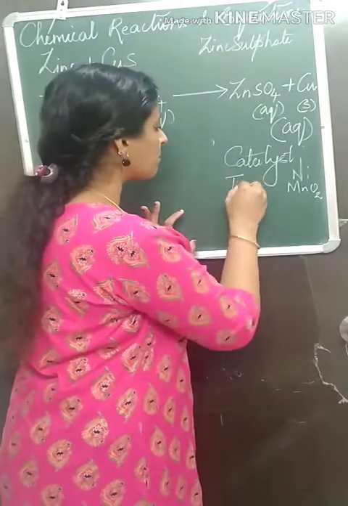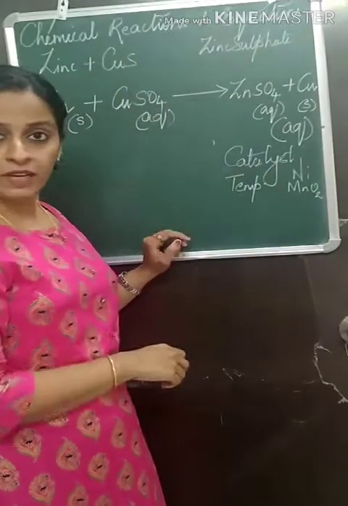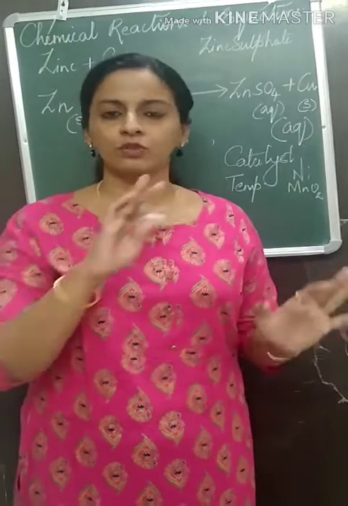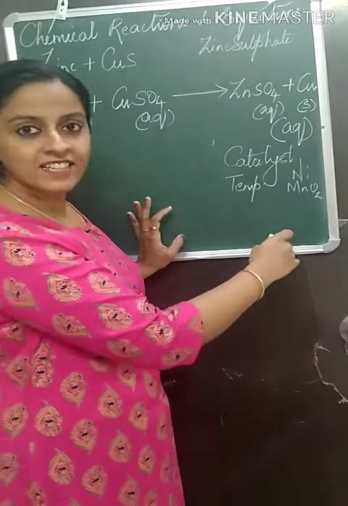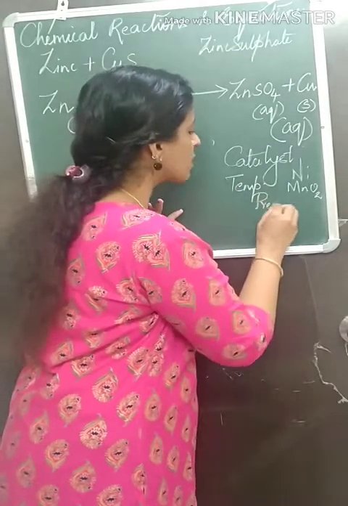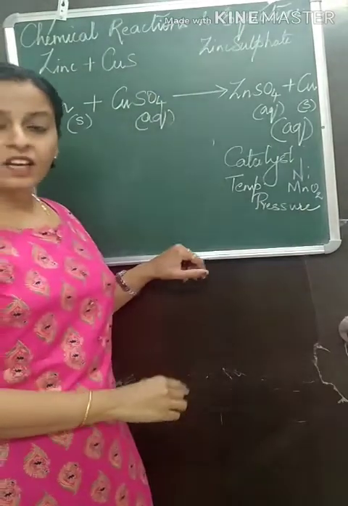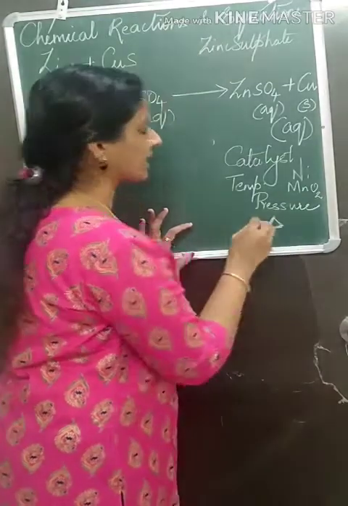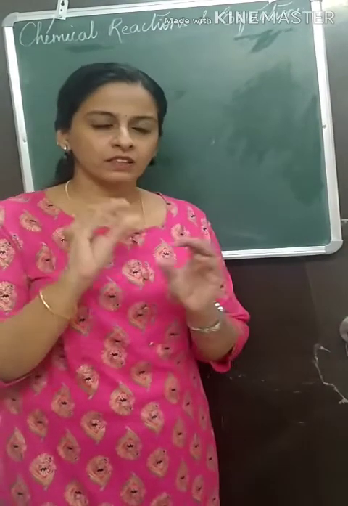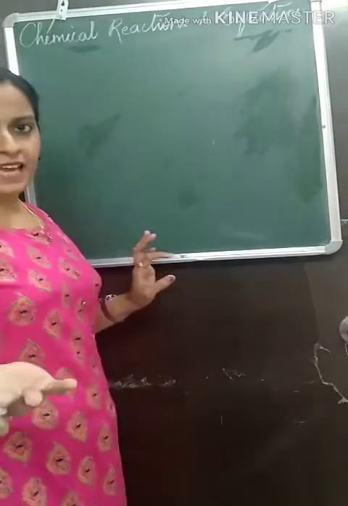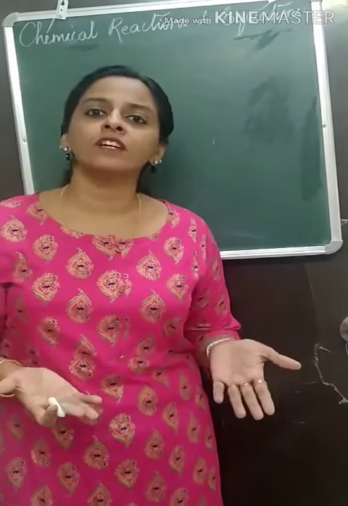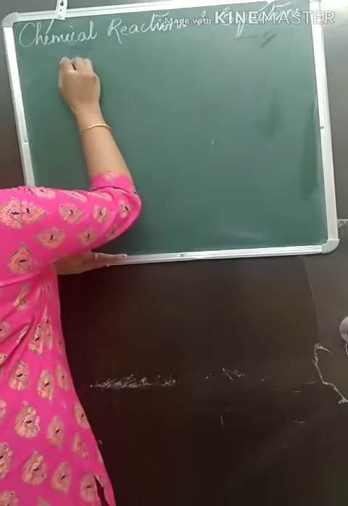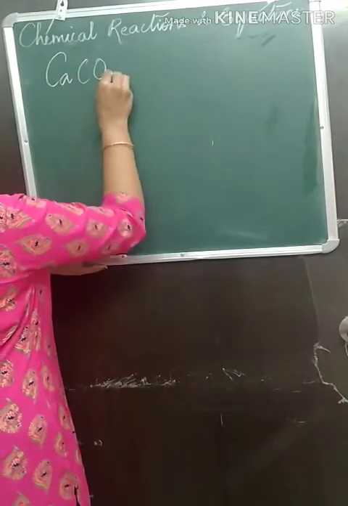Then if there is a certain temperature that you have to follow, that also you have to mention, like 60 degrees Celsius, a specific temperature at which only this reaction takes place. So you have to specify that special characteristic. Again, if a certain pressure has to be maintained, that also you will write. Suppose you are heating the reactants, then on the arrow you will mention the triangle sign. As we discussed, certain special features should be mentioned on the arrow. For example, let us take the heating of limestone. What is limestone? Limestone.